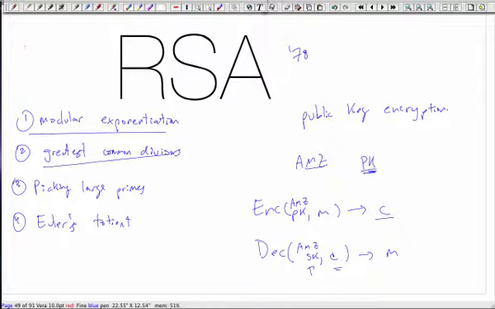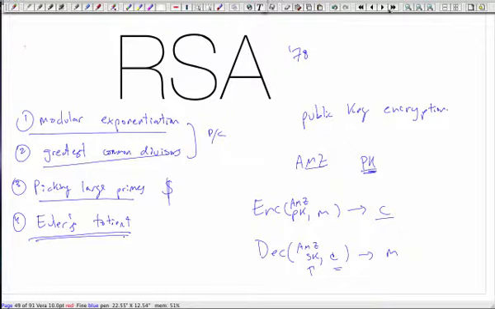We have, in fact, greatest common divisors, which is also a divide and conquer algorithm. And I believe I gave it as a homework in one of these. So both of these are divide and conquer. Picking large primes is an example where we need to use randomness. The most efficient way we know to do that is using random coins. And finally, this is just a fact from math, which pulls all of this together and makes it actually work. But it's a rather simple thing, which I could describe in a few minutes.